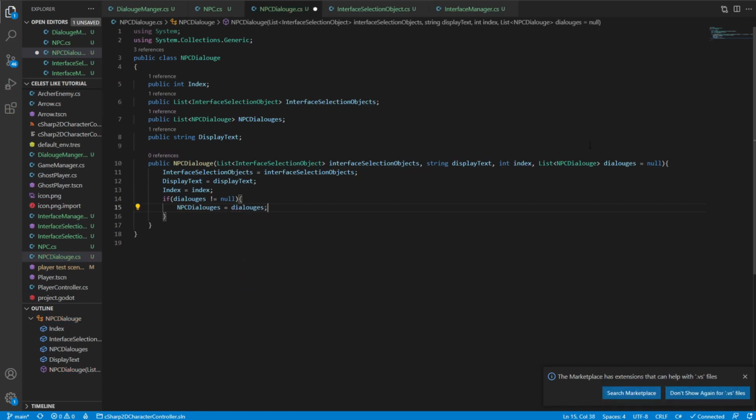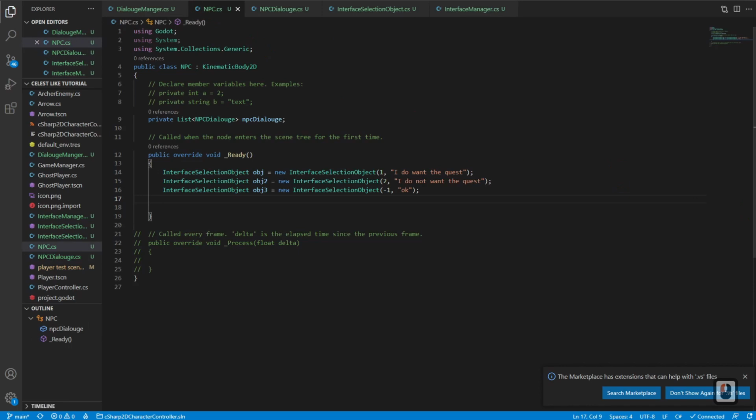Now, the reason why we want to make this null is because it allows us to say, hey, this is the end of the chain. You know what I mean? If we can check if it's null, that means that it's at the end of the chain of this whole mess here. So now if we go back to our NPC here, we can go ahead and pass in our